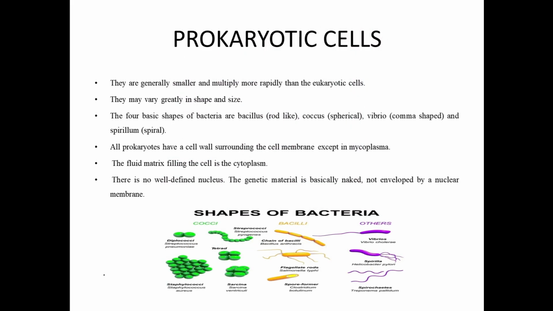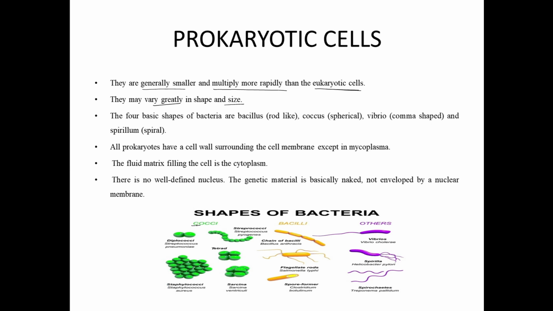Now we will discuss the prokaryotic cells. So basically prokaryotic cells are generally smaller and multiply at a rapid rate in comparison to that of eukaryotes. They vary greatly in shape and size, right? So the four basic shapes of bacteria are bacillus, coccus, vibrio and spirillum. So in this diagram you can see